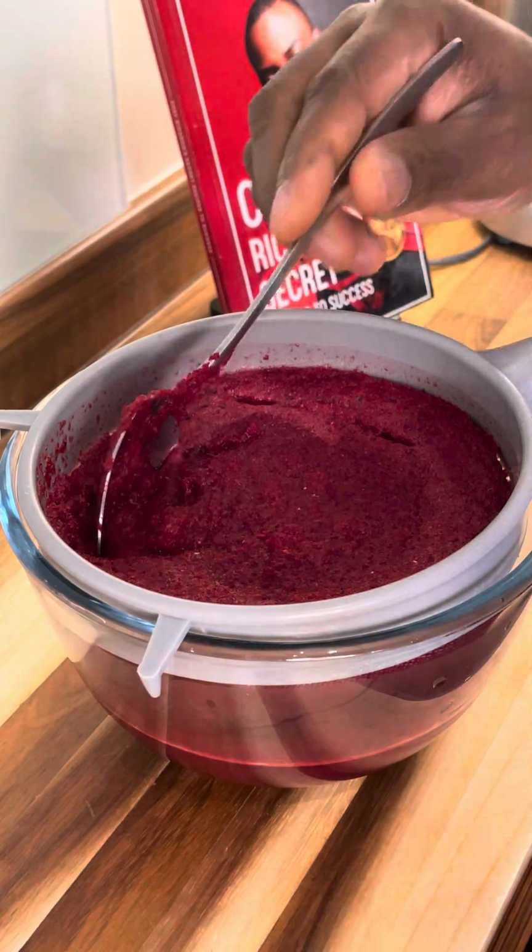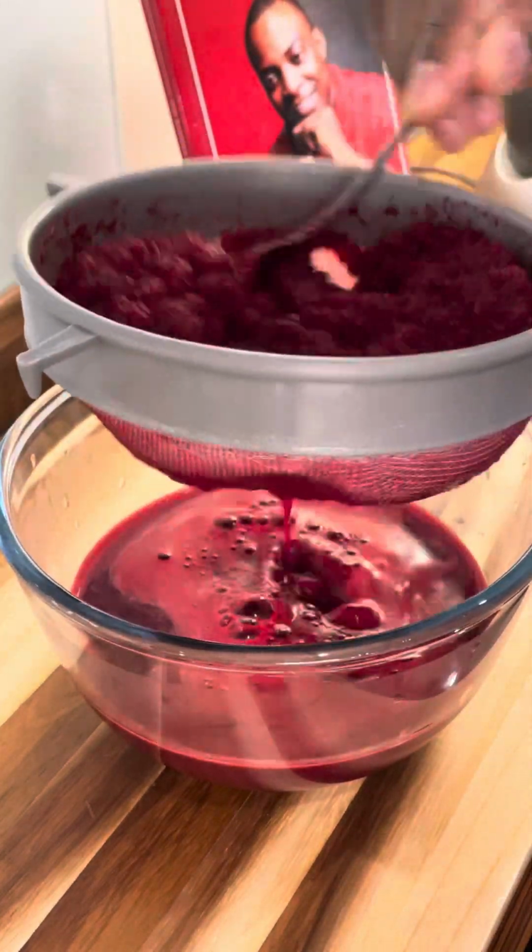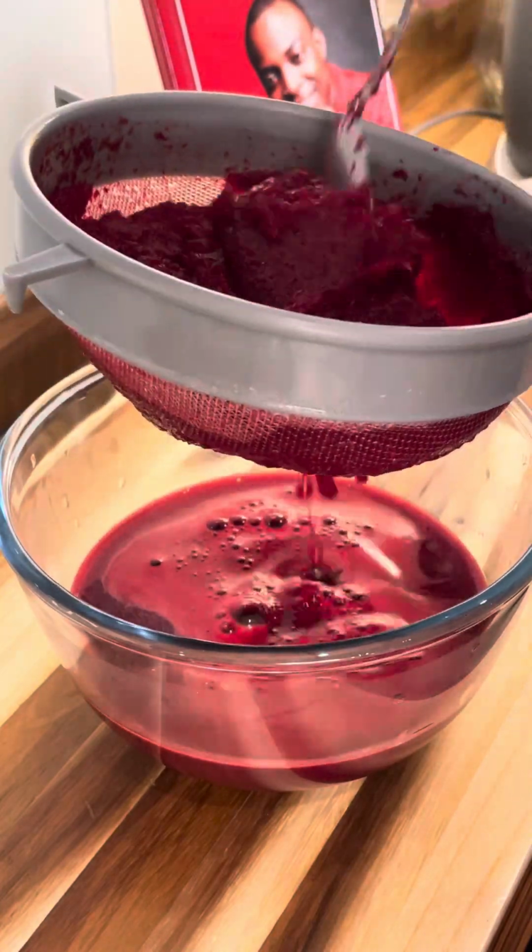So this is how I look, and as you can see, some of this right here goes straight inside of the